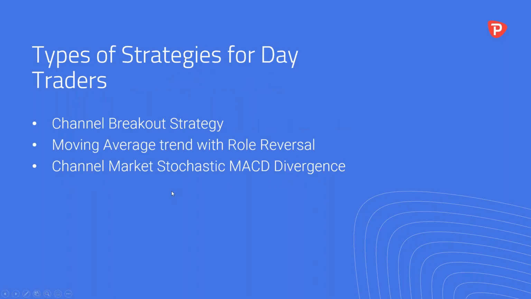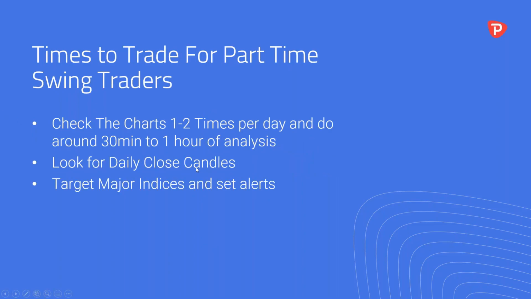Types of strategies, we talked about channel breakouts and channel range bound strategies before. Then we also talked about moving averages and trends with role reversal a little bit. And then, as Tyrone mentioned, stochastic and MACD divergence are both excellent to put on your charts as a more advanced technique. Times to trade for swing traders, really easy, 30 minutes to 1 hour of analysis per day,